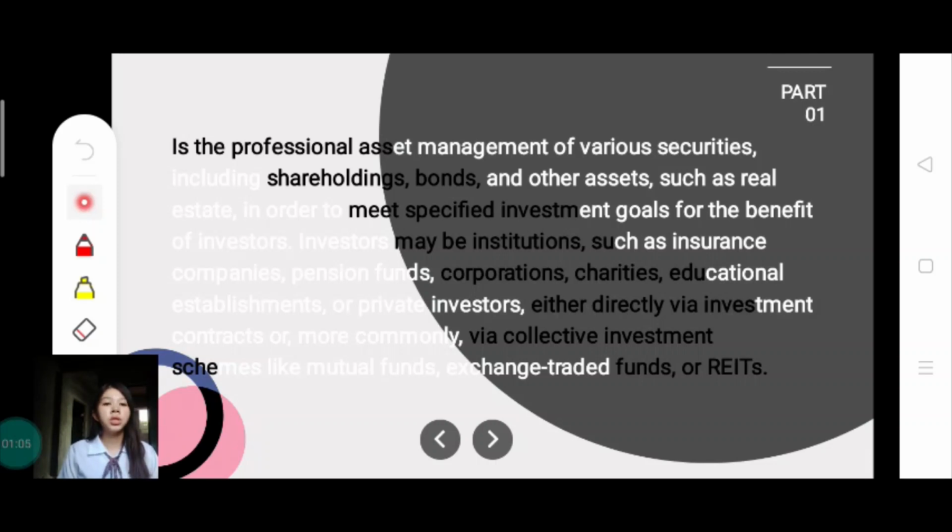So investment management is on how to properly manage the investment of an investor to meet the specified investment goal of the investor. Next,